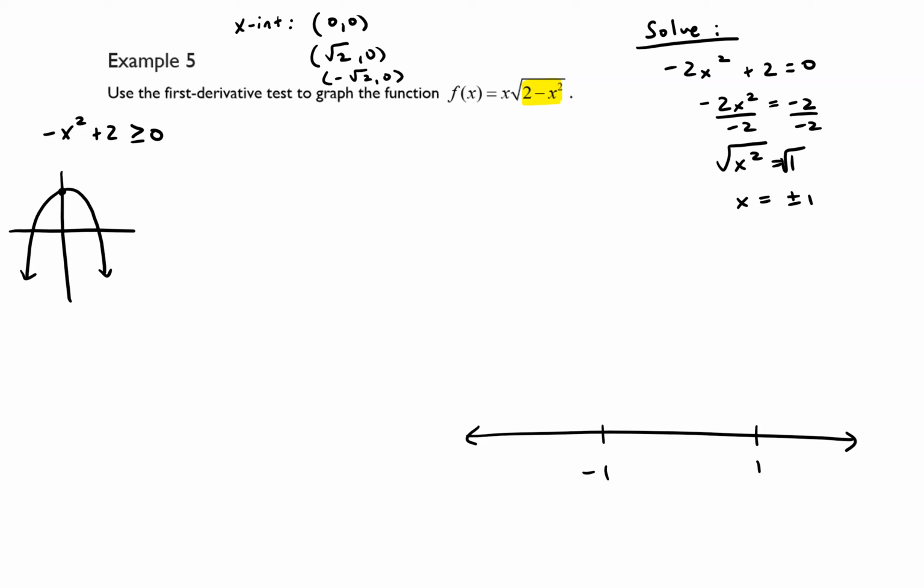So if you think about where that graph is positive, or where it's above the x-axis, this value here is the negative square root of 2, and this value here is the positive square root of 2. So that means that our domain for this function is the negative square root of 2 to the positive square root of 2. So when we're choosing our test numbers, I cannot choose a number that is smaller than the negative square root of 2. So this is where it kind of sucks, because I can't choose an integer, because here